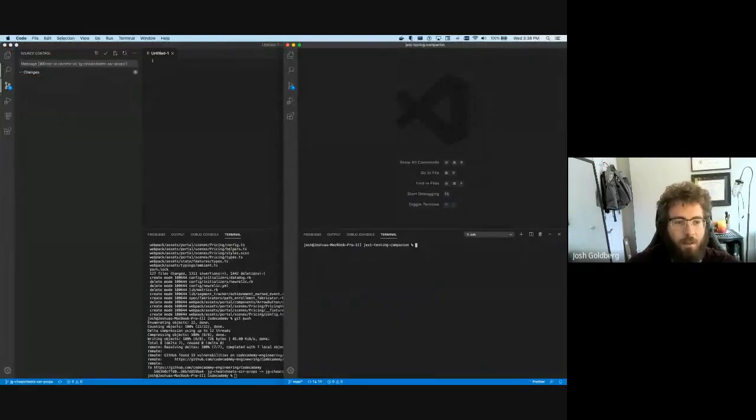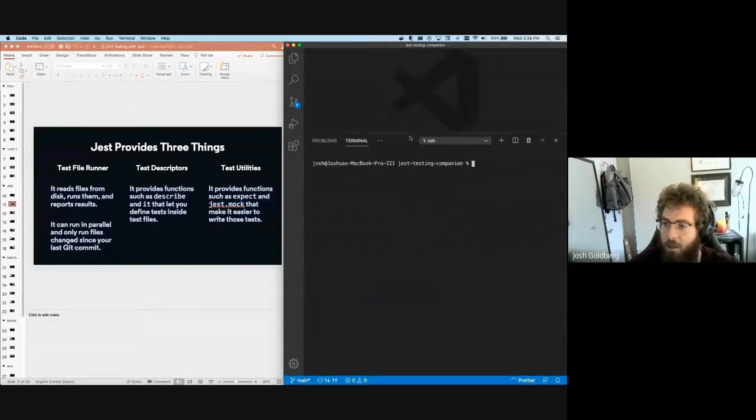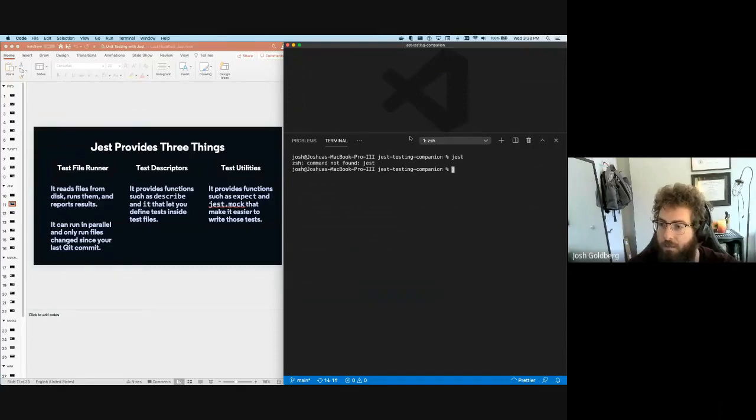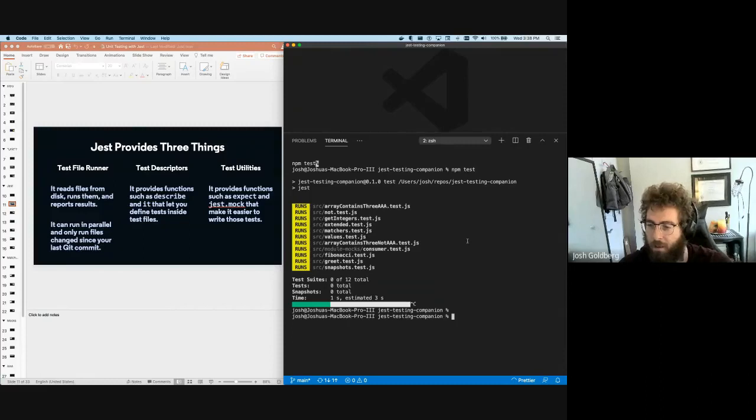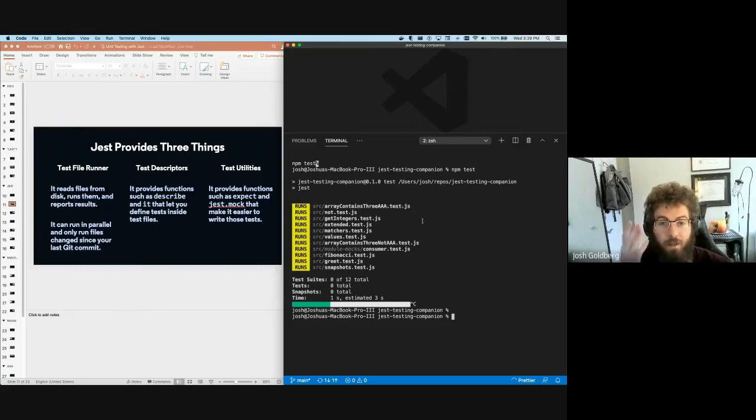Let's say I have my repo open here. I'll close the activity bar, and let's say I run Jest. Oops, I forgot to install it globally. While that's happening, I'll just do npm test to use this repo's local one. So Jest, let's just quit it right now. Jest has found all these different files, which all have .test.js, and realized that these are different test files it needs to run. By default, Jest will run each of those test files in its own separate process,